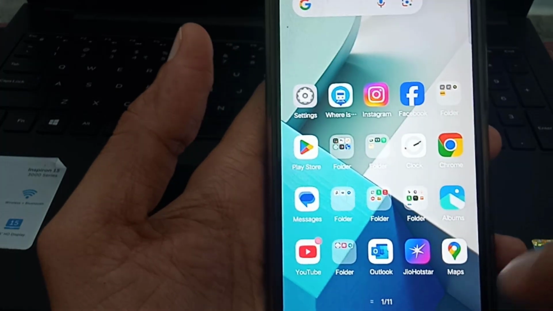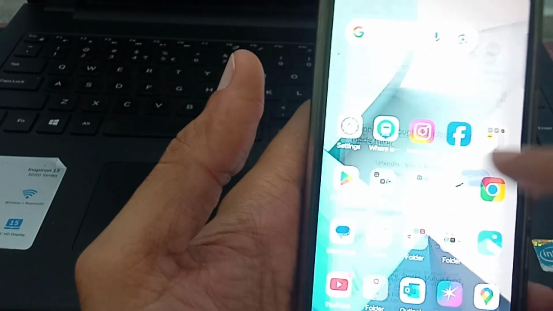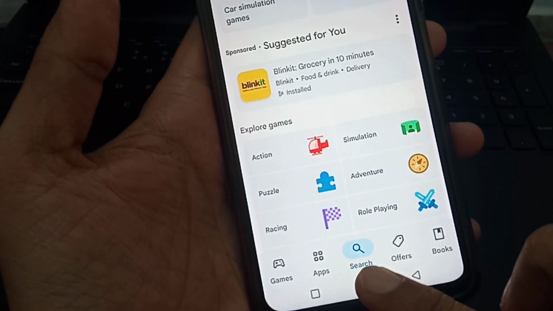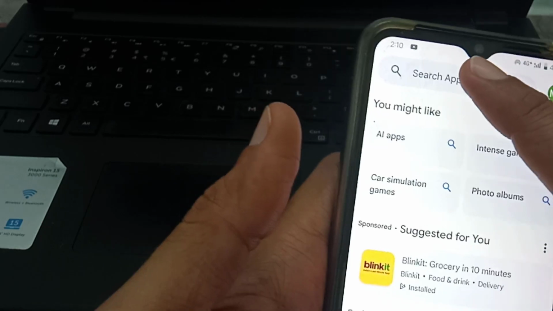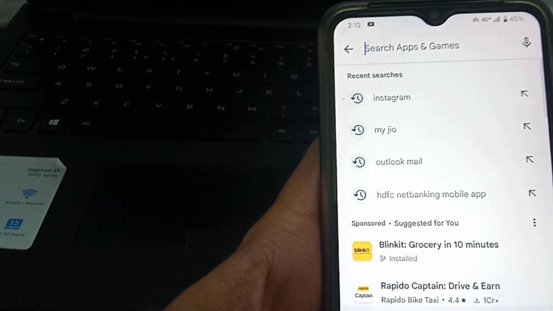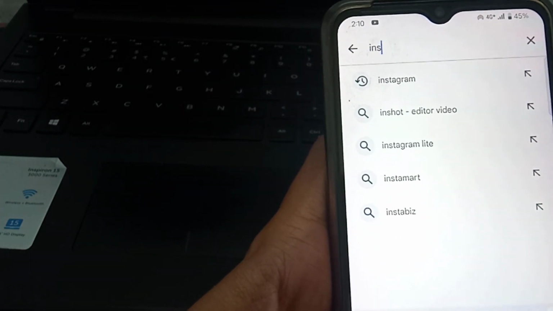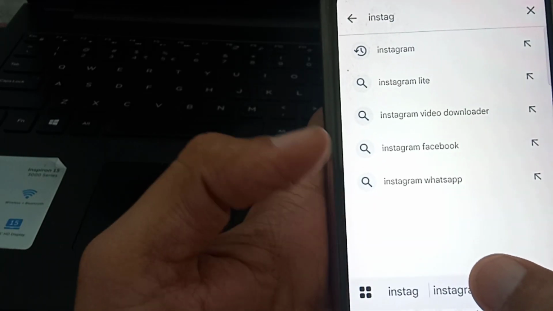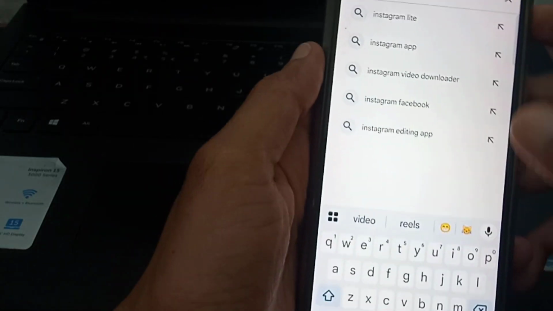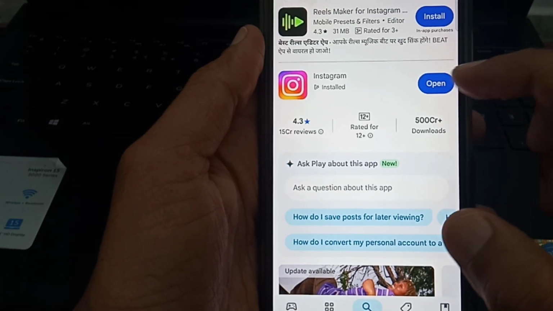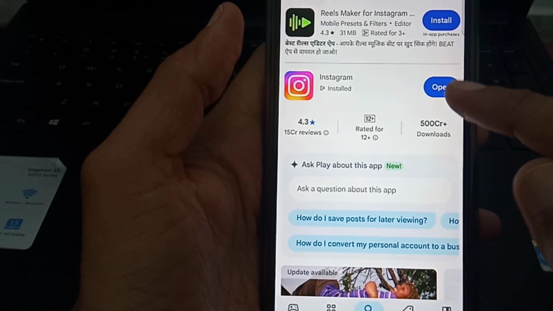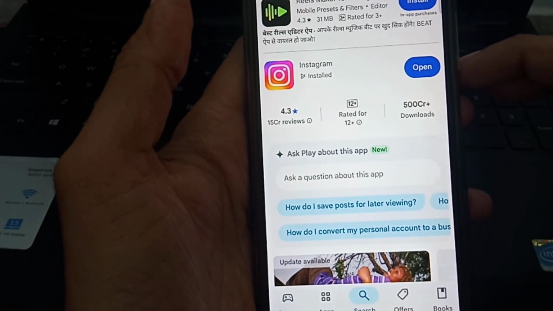In this, the first method is you have to just open your Play Store, then search for Instagram. Here in the bottom you will find the search option, tap on that, then type Instagram. After typing Instagram, you need to check whether your Instagram is up to date or not. If it is not up to date, then update it from here. After updating,